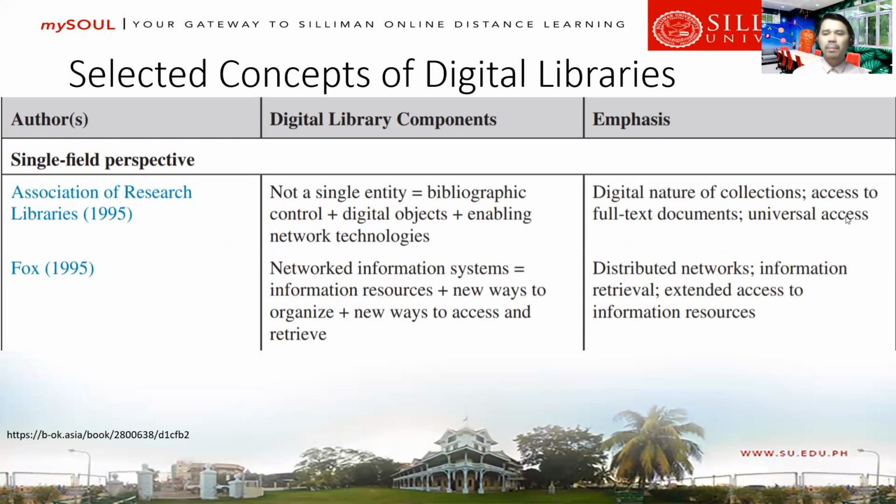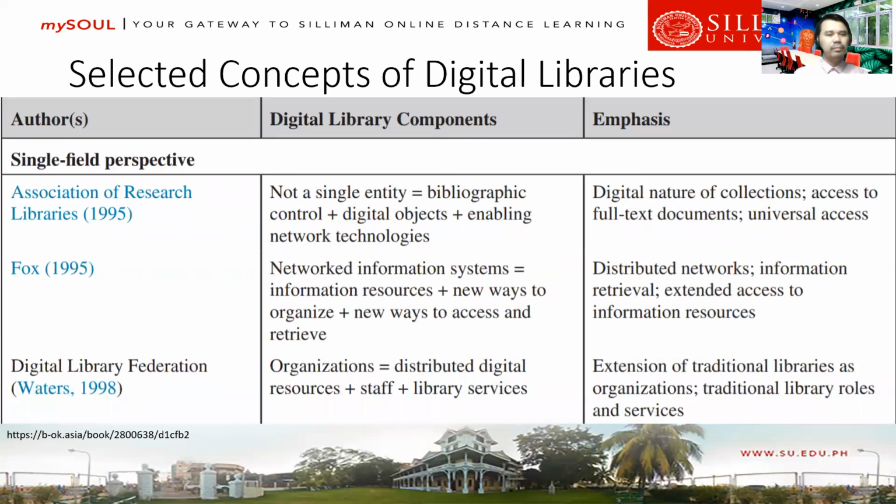Why new? Because during those times, retrieval and access were through digital technology or ICT. And the emphasis during this time is distributed networks, information retrieval, and extended access to information